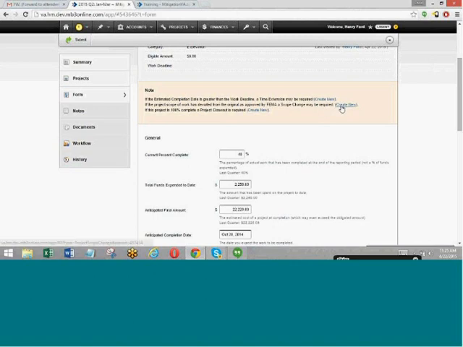And so you can actually create a new scope change directly from here. Then if you flagged this project as being 100% complete, you're done with the project, at that point a project closeout might be required so that you can close out the project. And there's a link directly from here to do that as well.